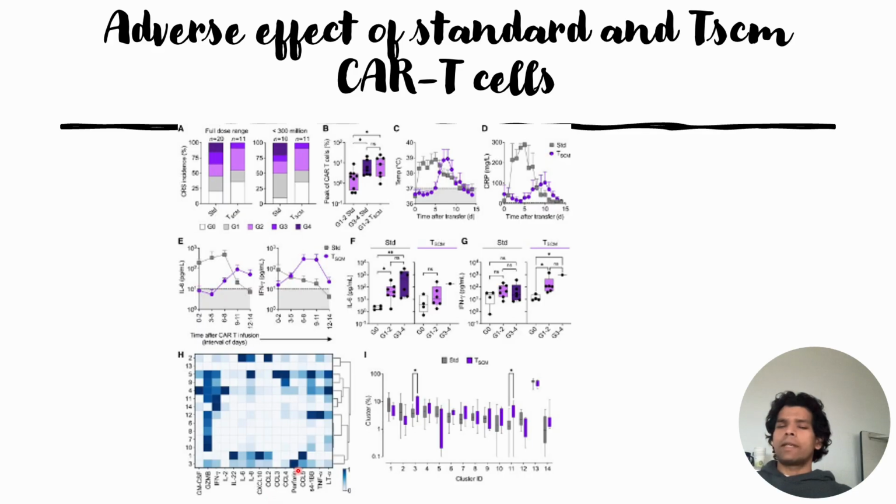I'm not able to recall the exact name, but the analysis provided 14 different clusters of these CAR-T cells, and out of these 14 clusters, they saw that IFN-gamma is mostly correlated with